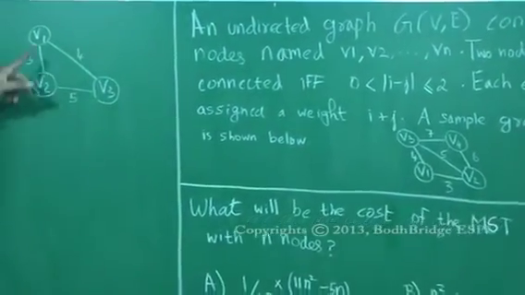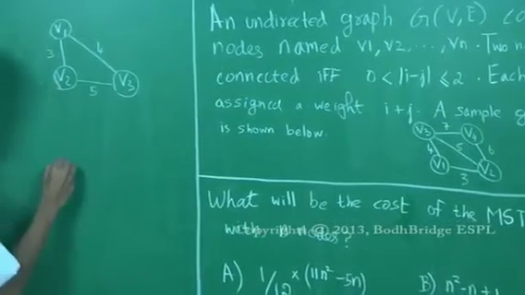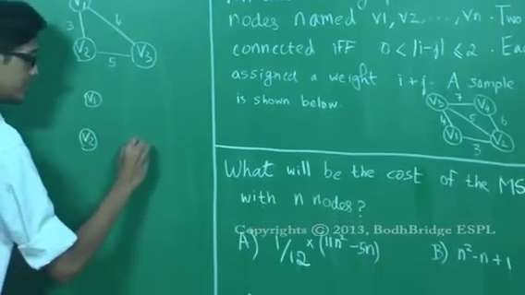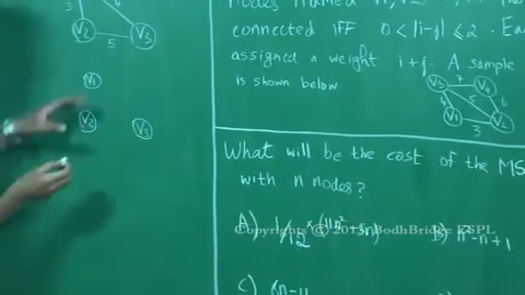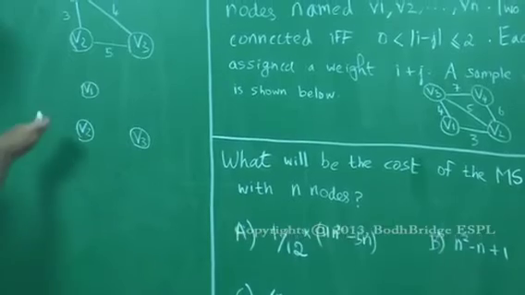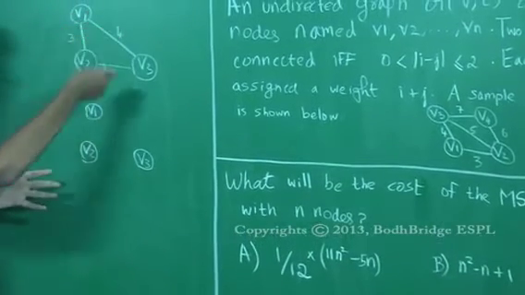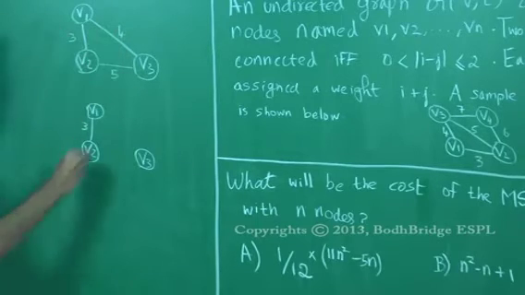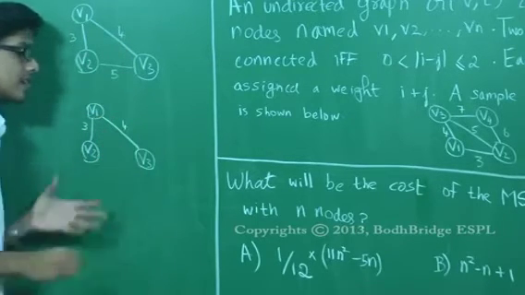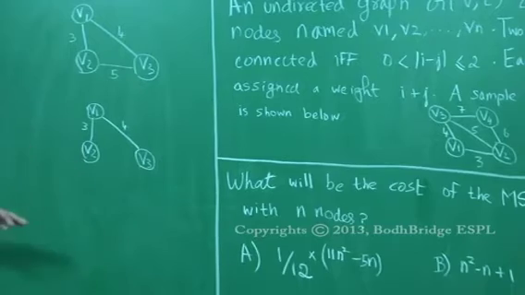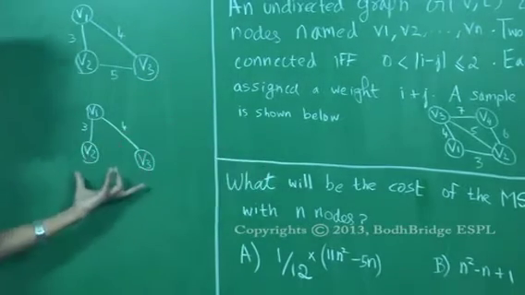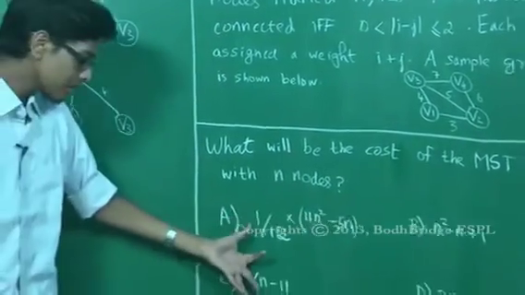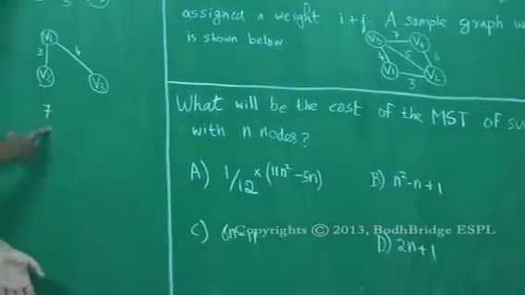For this graph, using Kruskal's algorithm we can easily find the minimum spanning tree, where first the edges are undiscovered and you take the most minimum among the weights and add that edge. So 3. The next most minimum is 4. Now all the nodes have been discovered. So this is the minimum spanning tree. So what is the cost of the minimum spanning tree of this graph? It's 7. So we have to check for these 4 equations if it satisfies this.